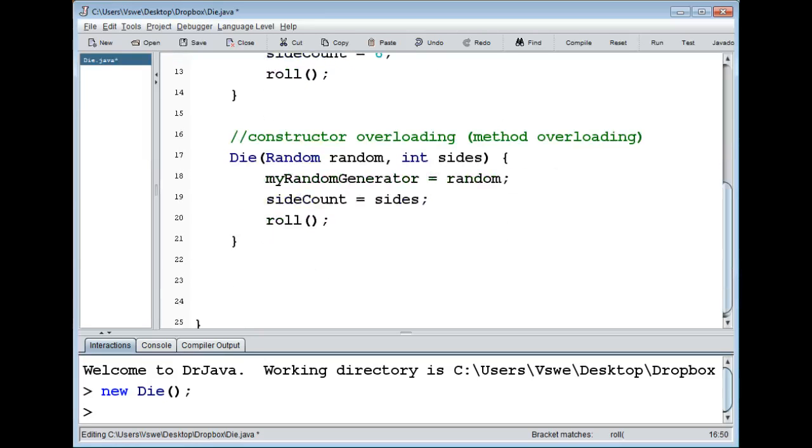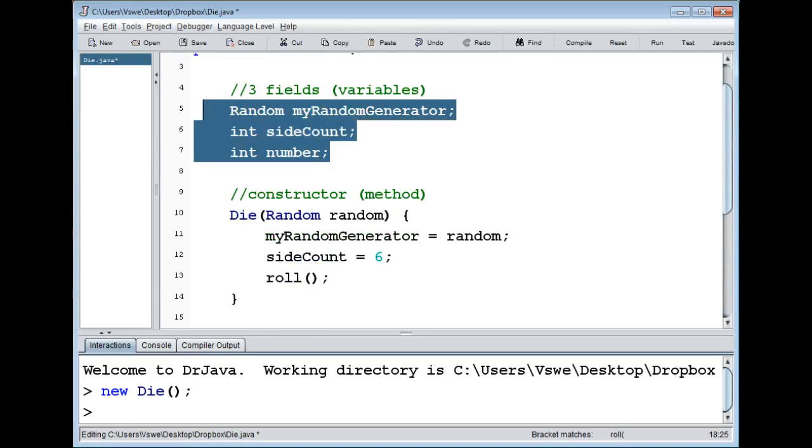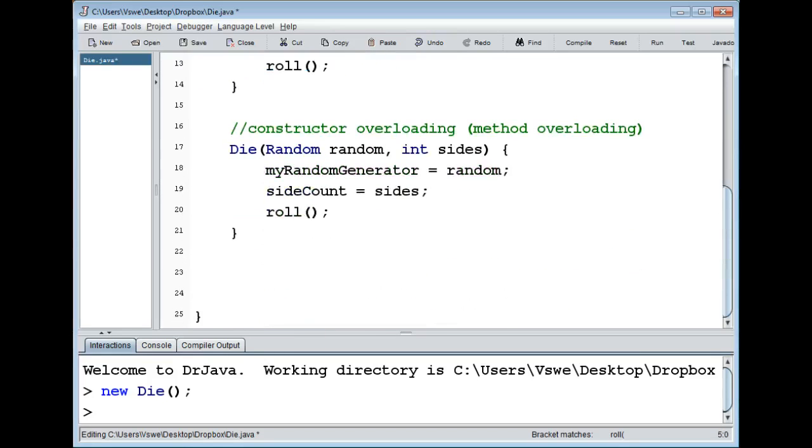Right, so now when we have the 2 constructors that we want, we have some fields that we need to operate on. Now we need these 3 methods, the roll one, the get side count one, and the get number one, right? So the roll one is quite easy. We just need to